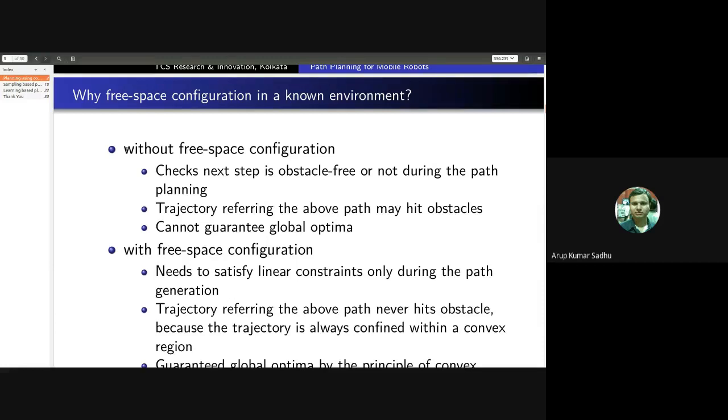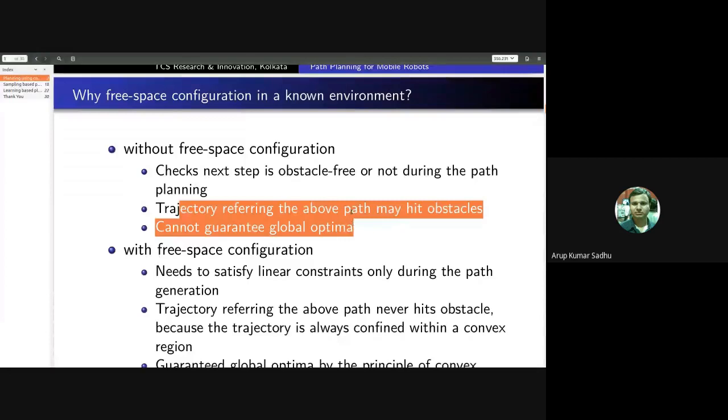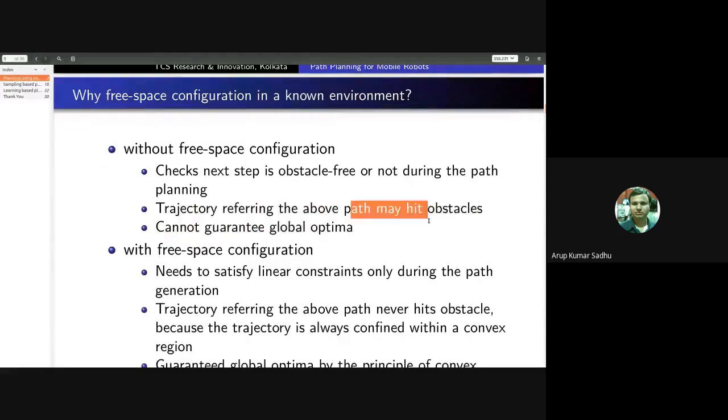Without free space configuration, if you go for planning, then in the next step you have to check whether the next step is obstacle free or not while planning. And also while generating the trajectory, you have to again check whether the trajectory is obstacle free or not.